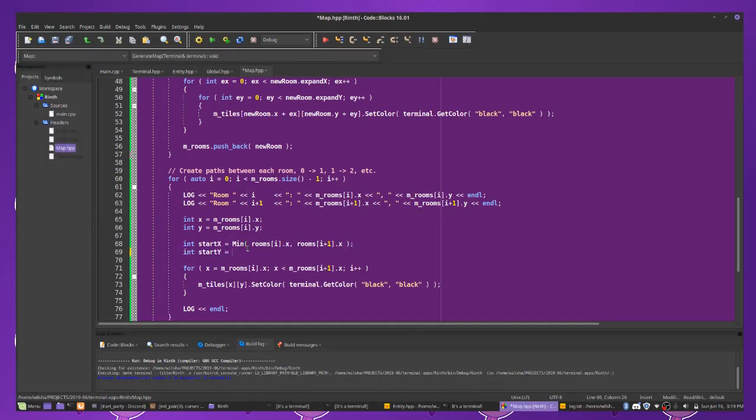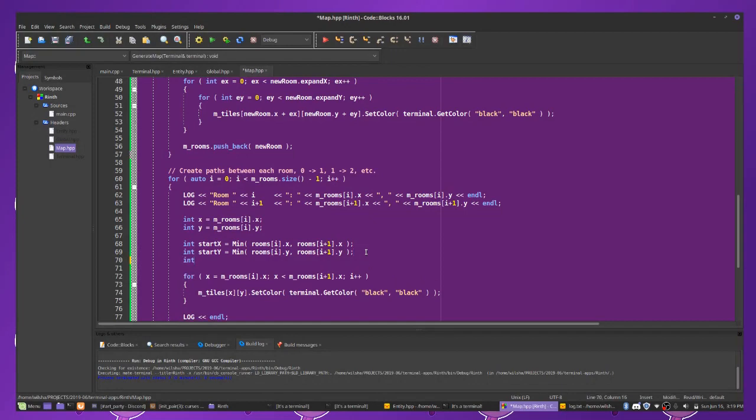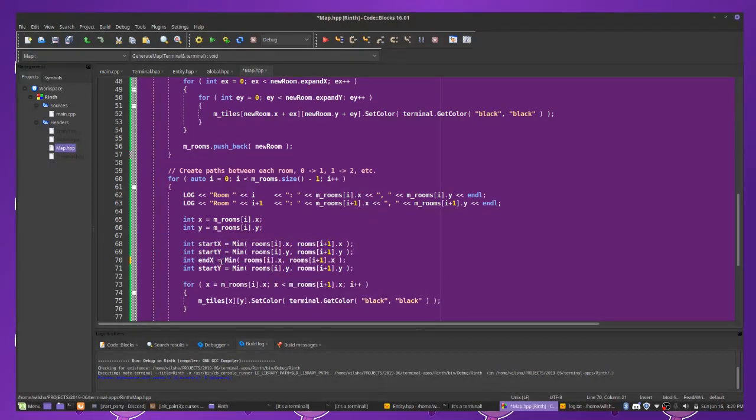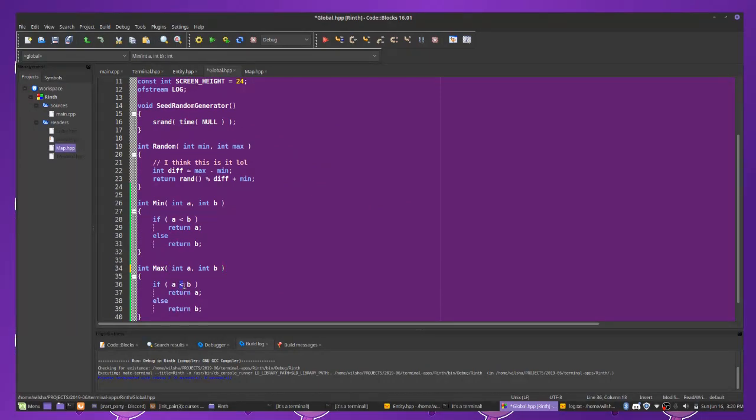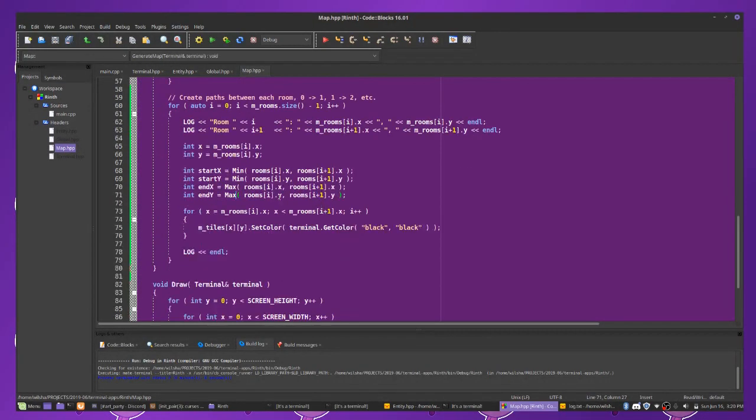The minimum of either X and the minimum of either Y, starting from there and drawing to the other one, but I think that was a bad idea. I could possibly have a minimum X on the first coordinate and a minimum Y on the second coordinate, and that's just not going to pan out,